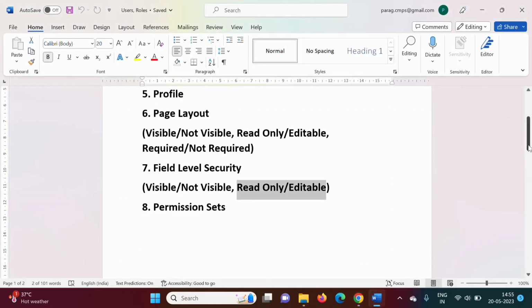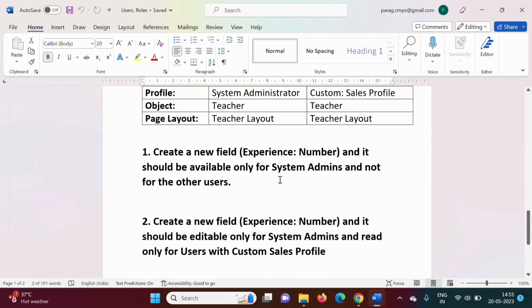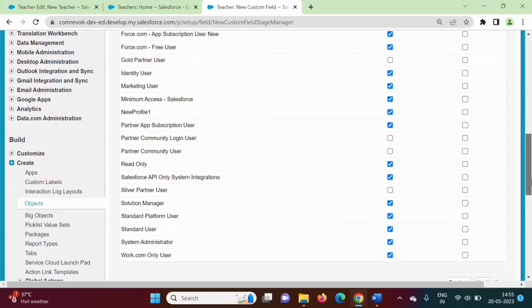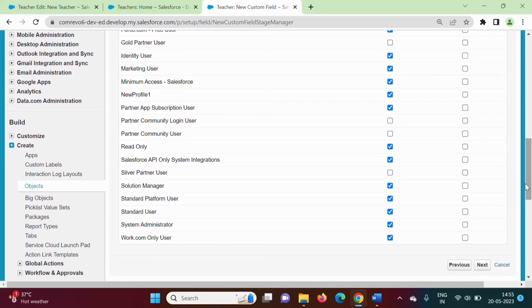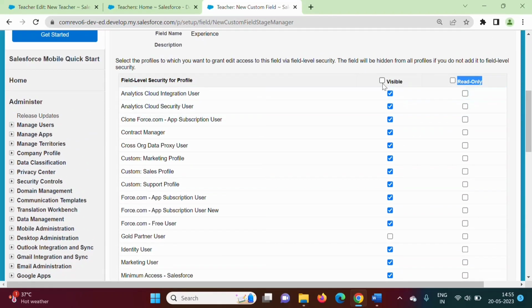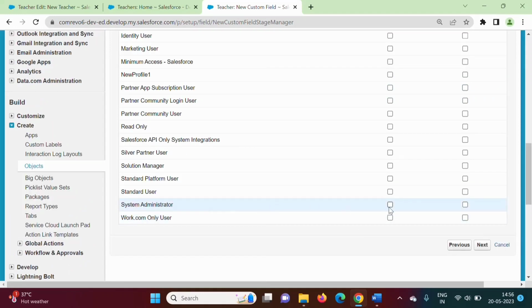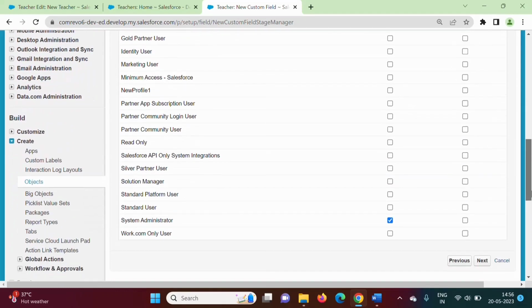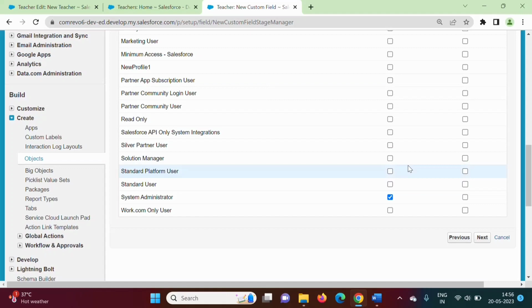Now see, what is our problem statement? We want to make this field visible for the system admin, but it should not be visible for the other users. It should be visible for the system administrator only, but not for the other profiles. So that's why we have not selected this checkbox. So we'll click on next,